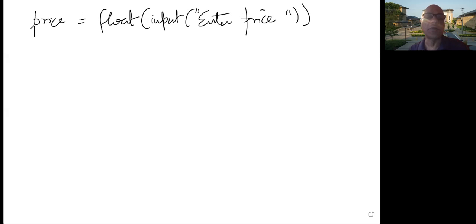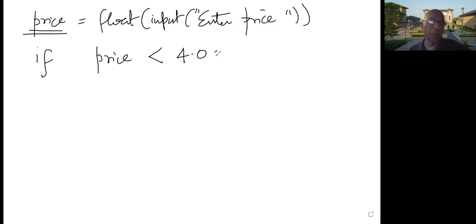Okay, so the price of, say, milk is in this variable. So this gets executed. Now you can write, if price is less than, let's put some value, 4.0, you put a colon,